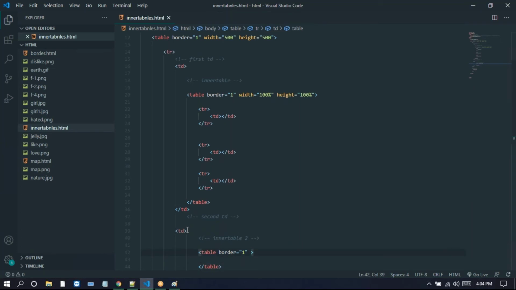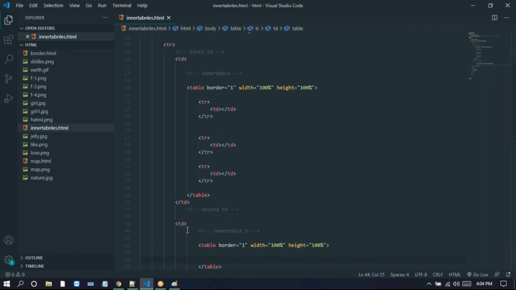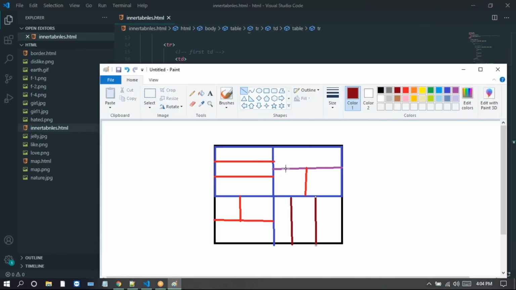In this table, we need to write tr. So look at this MS Paint here. They have two TRs, right? So we just create the two TRs here. Inside of TR, we have table data, right? So I'm just taking the table data. So we just created the two TRs here, and inside of them I'm taking the TDs.